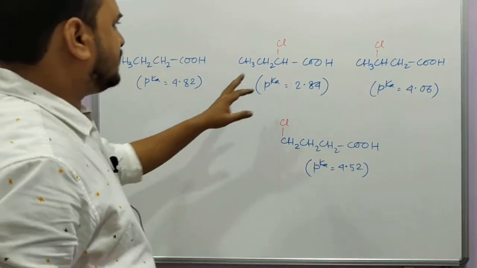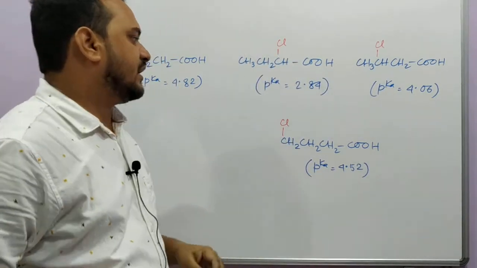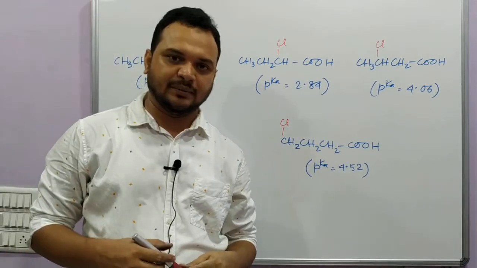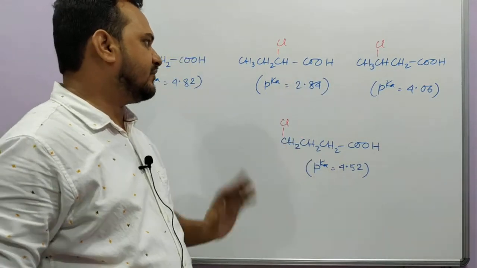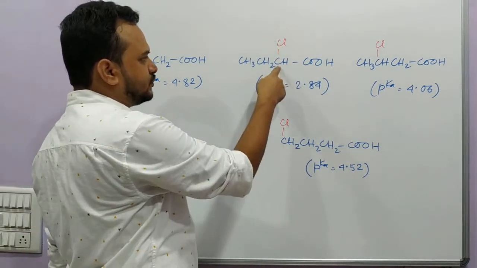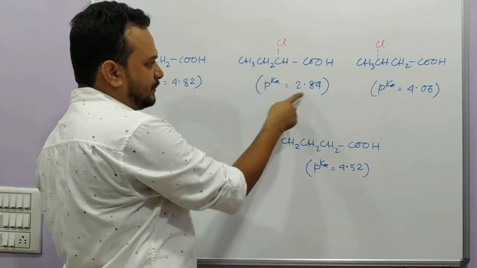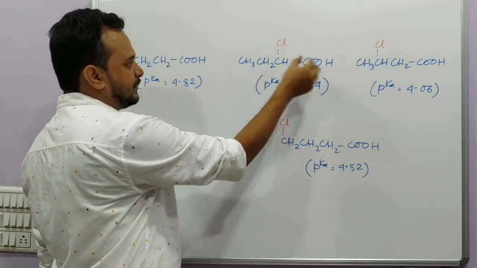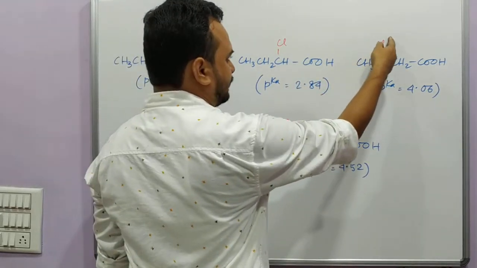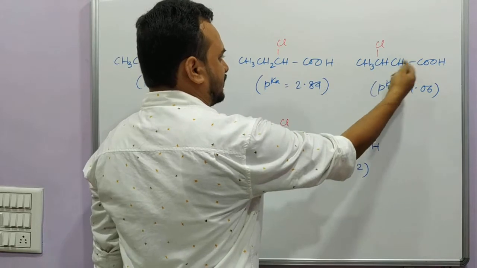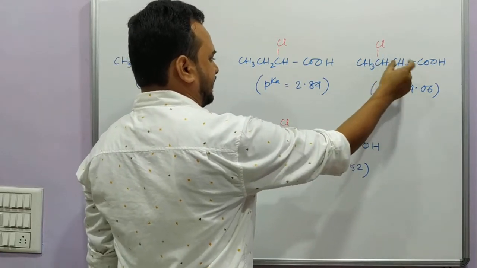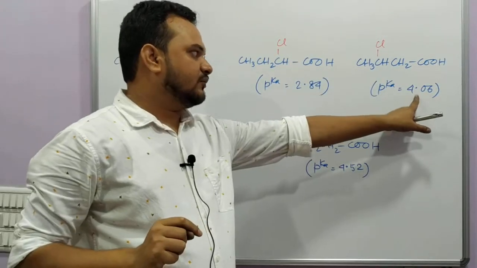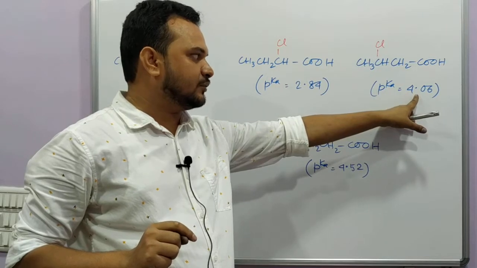Here in this example, I am varying the position of the halogen atom, because we know that with increasing distance of the group, the inductive effect diminishes, and that is also reflected in the pKa values. When the chlorine was just next to the carboxyl group, that is at the alpha position, the pKa value was 2.84, because from this position it can withdraw more electron density, it can make the OH bond more polar. Now next we put the chlorine at the beta position, one carbon atom more in between this chlorine containing carbon and the carboxyl group. So the pKa value is 4.06.